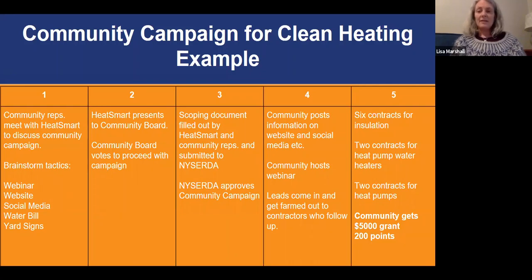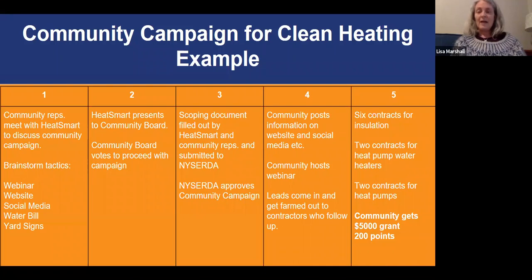So once we get those leads, they might go to the Heat Smart program, where I will refer them to a contractor. If people are interested in a heat pump or a heat pump water heater, I'll probably take those leads and send them out to the contractors that Heat Smart works with. If they just want an energy audit or some insulation, for example, in the town of Veteran, where I'm working closely with Eileen, I'll send those leads to Eileen, and she will set those people up for an energy audit.